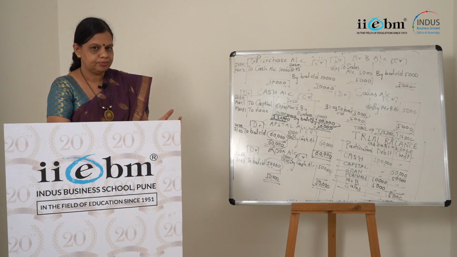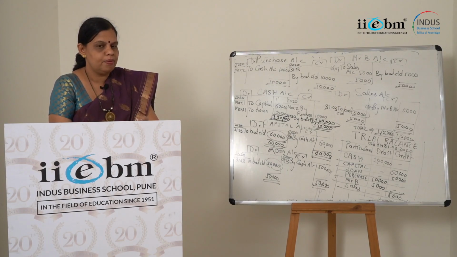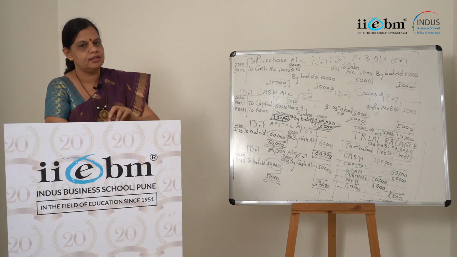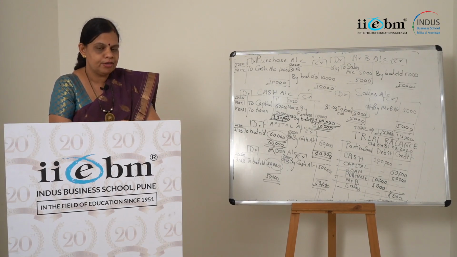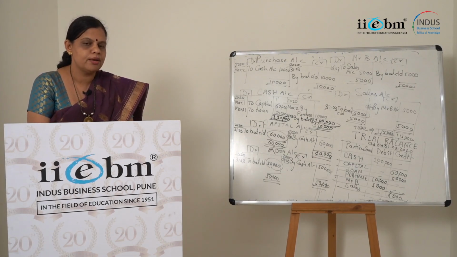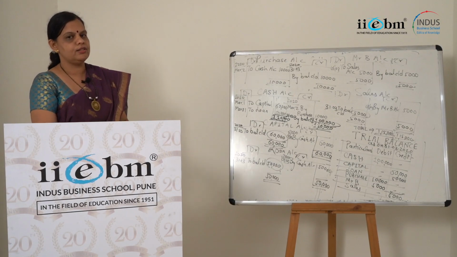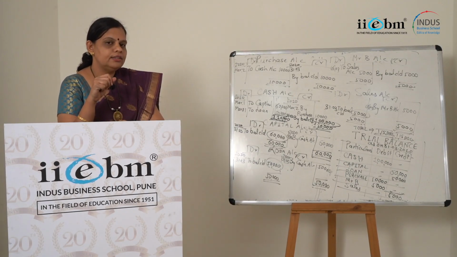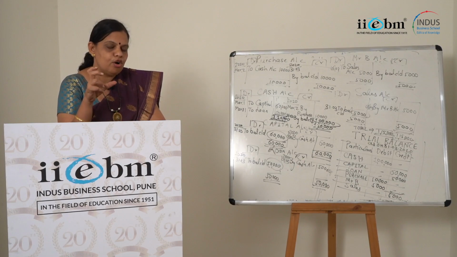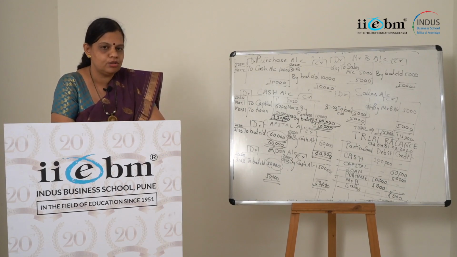Because just imagine, suppose you are taking a loan from the bank, then the loan is your liability. Loan cannot be treated as your asset. So by mistake you can't show that loan as your asset in the balance sheet, because it is your liability. But from the bank's point of view, when a loan is given, the loan is an asset to the bank, because I am recording for the bank. So loan given is the bank's asset. Loan given to anybody can be treated as your asset, because the amount in the form of loan indicates your receivables, and any kind of receivable is your asset.